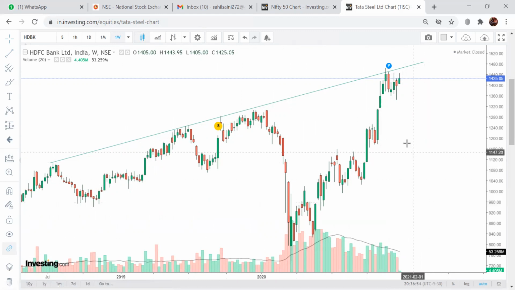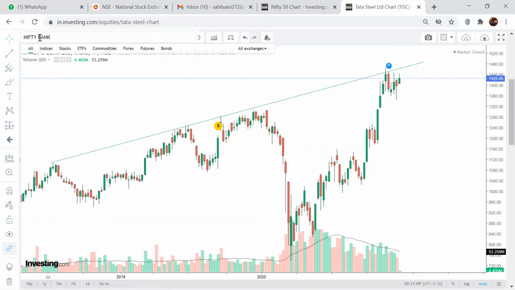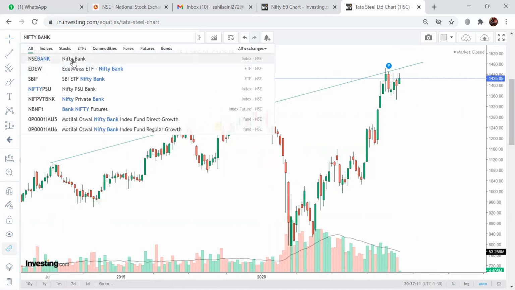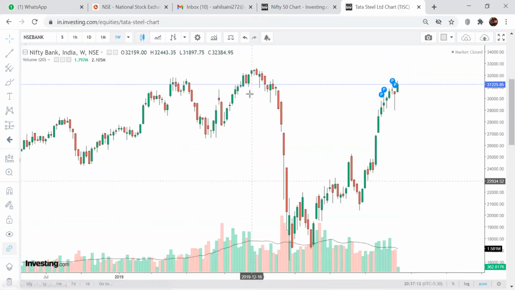Yeah, let's see. Really, this rejection is here. People are buying, but they're not able to sustain over this. Actually, in Bank Nifty now, there is some problem. I don't know what it is, but see this. All the indices made their all-time high, but Bank Nifty still is not able to make the all-time high. Some of the banks are